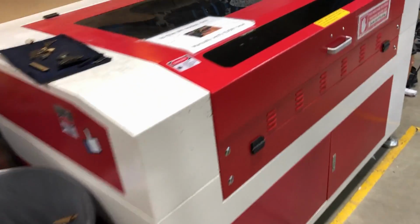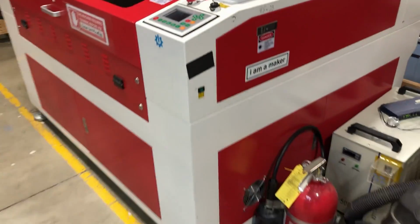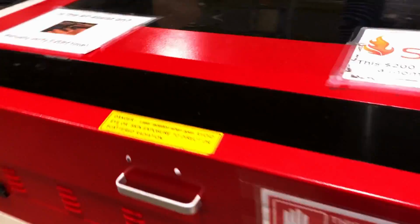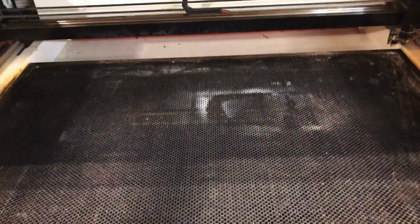And then what else? Let's see here. They do have a giant laser cutter, like it's big, like it's a big 80 kilowatt laser cutter. Or 80 watt, 800 watt. That's what it is. 80 watt. It's an 80 watt laser cutter. I'm pretty sure, because I think mine is a 40 watt laser cutter. So that's good. Apparently it works. Apparently it gets a lot of use, especially around the holidays. Apparently people like cutting stuff around the holidays,